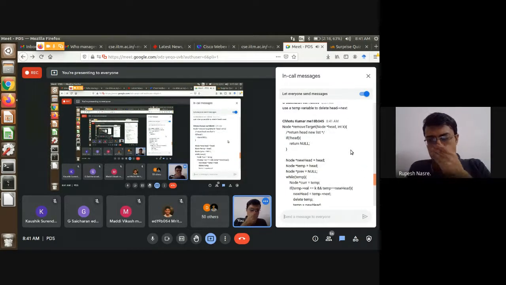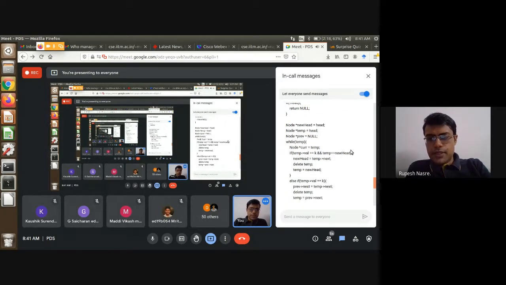Okay, there is a good amount of code written by Chotu Kumar. Remove target, return head. If not of head, return null. Okay, that seems to be good. New head equal to head, temp equal to head, previous equal to null, while temp, current equal to temp. If temp->val equals k and temp equals new head, then new head equal to temp->next, delete temp, temp equal to new head.